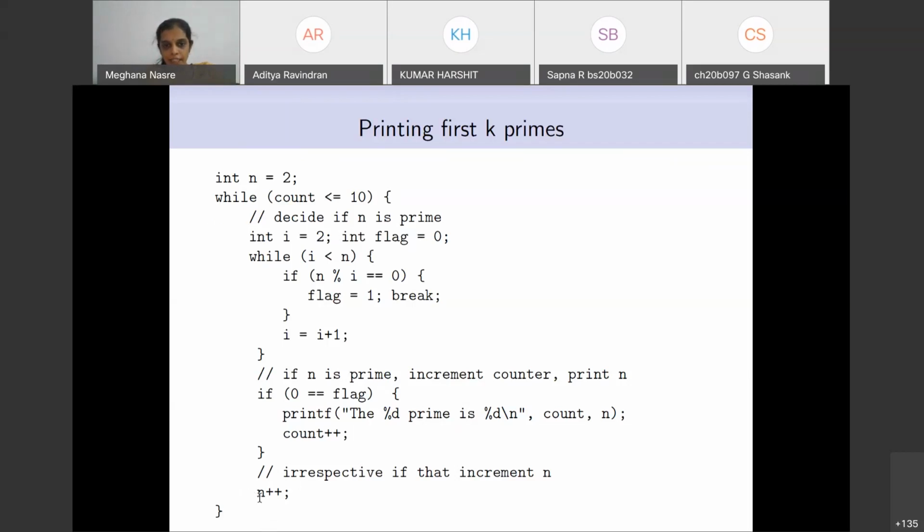So where is this n getting incremented? This n is getting incremented in the outside while loop, which is the one controlled by count less than or equal to 10. I'm sorry, ma'am. Got it, ma'am. I thought this was the first while loop. In fact, it is not correct to put this inside this loop, right? I mean, inside the second while loop, it is correct to put it where it is. Is that okay, Shashank? Yes, ma'am.